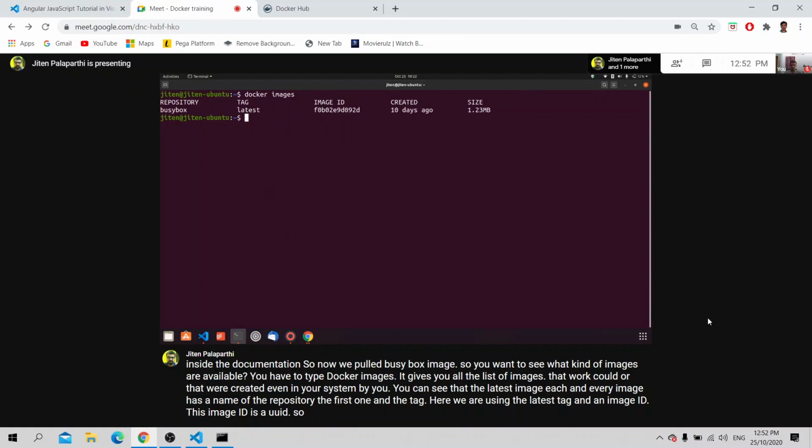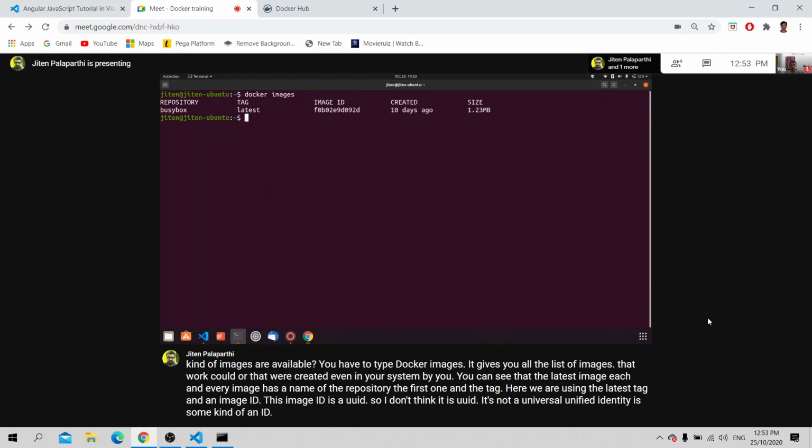This image ID is a UUID. So I don't think it is a UUID. It's not a universal unique identifier. It's some kind of an ID. Docker ensures that it will not be repeated, at least in your system.